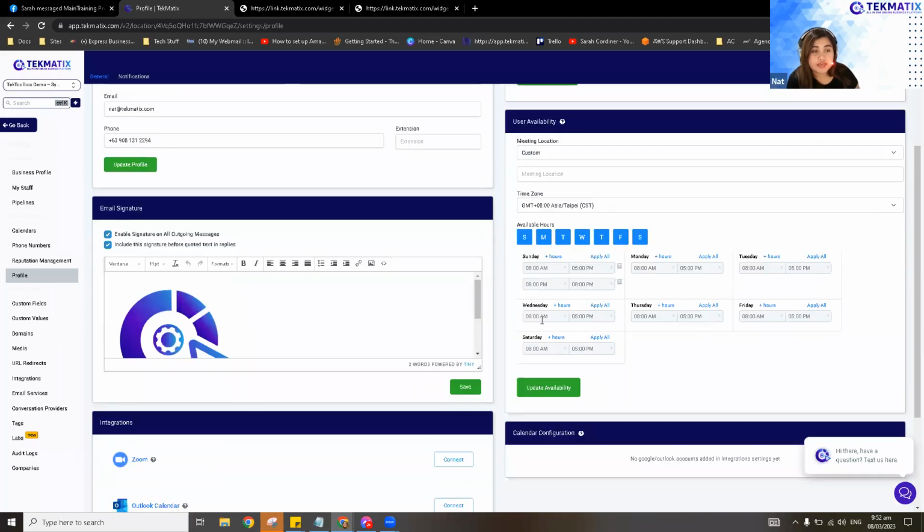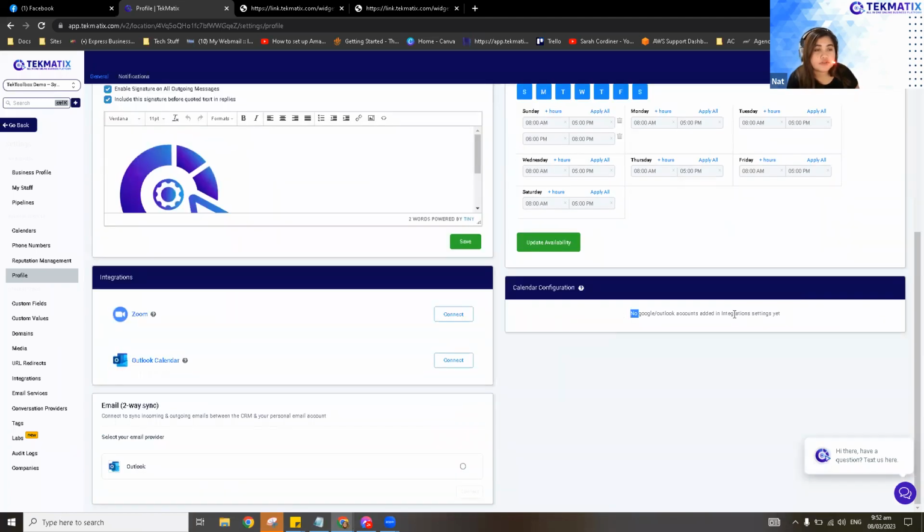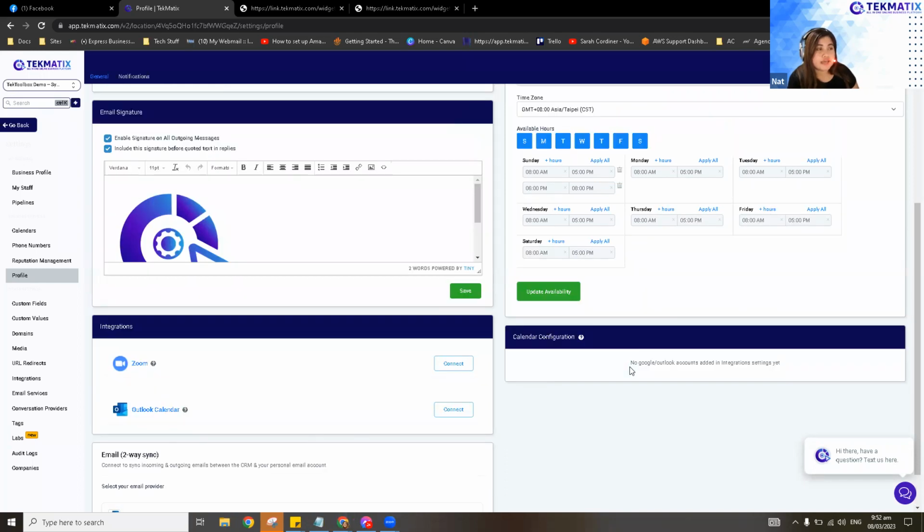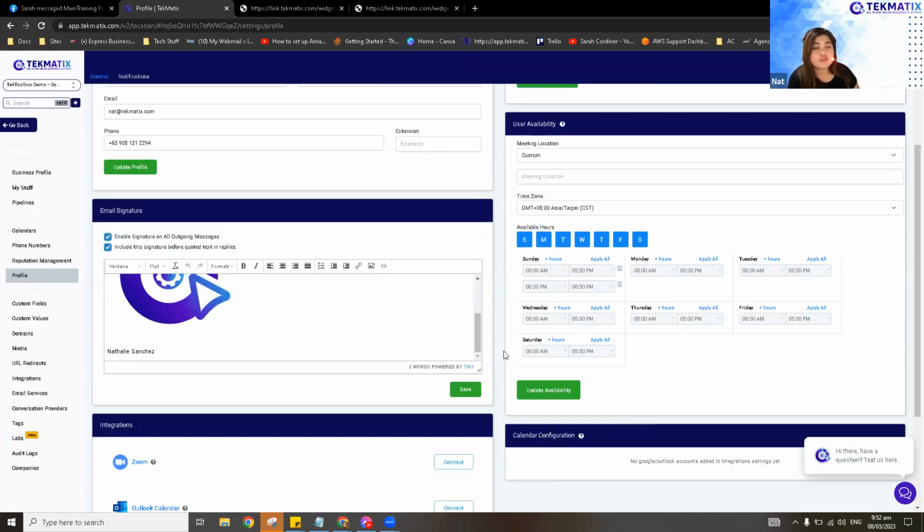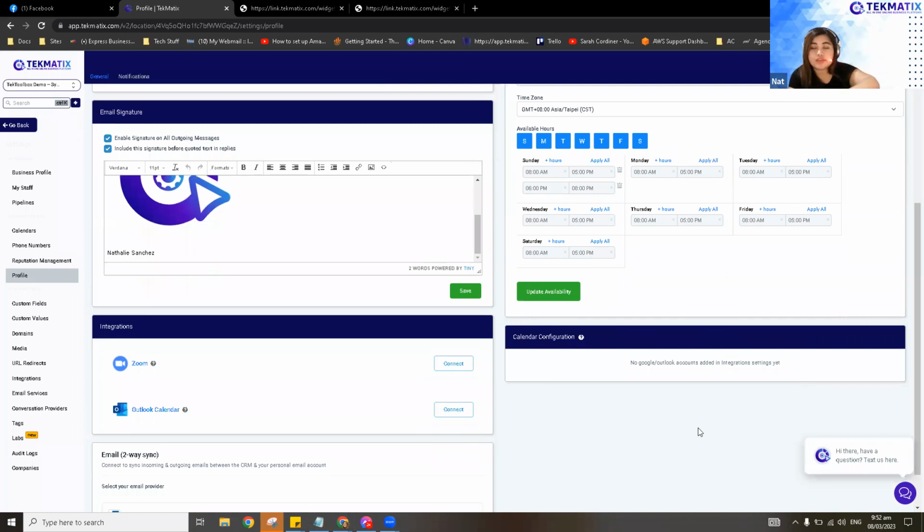And then after that, I don't have calendar configuration here, but it will show that you need to select a primary calendar to link your bookings in. After that, I think we're all set. If you're using a Google or Outlook calendar, you need to set this one up first. You can just click on connect.